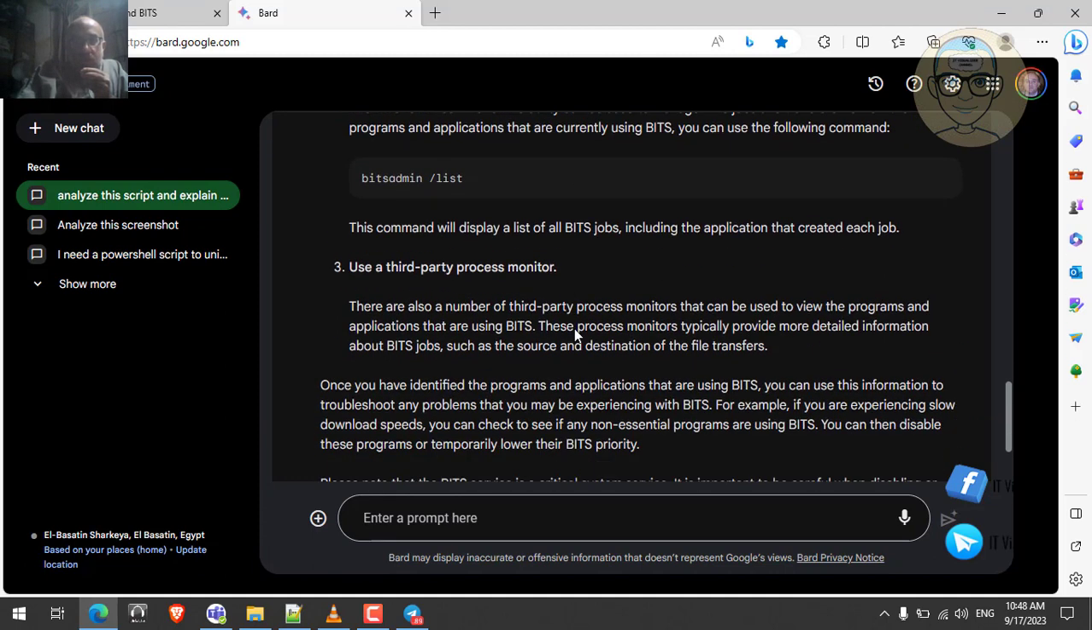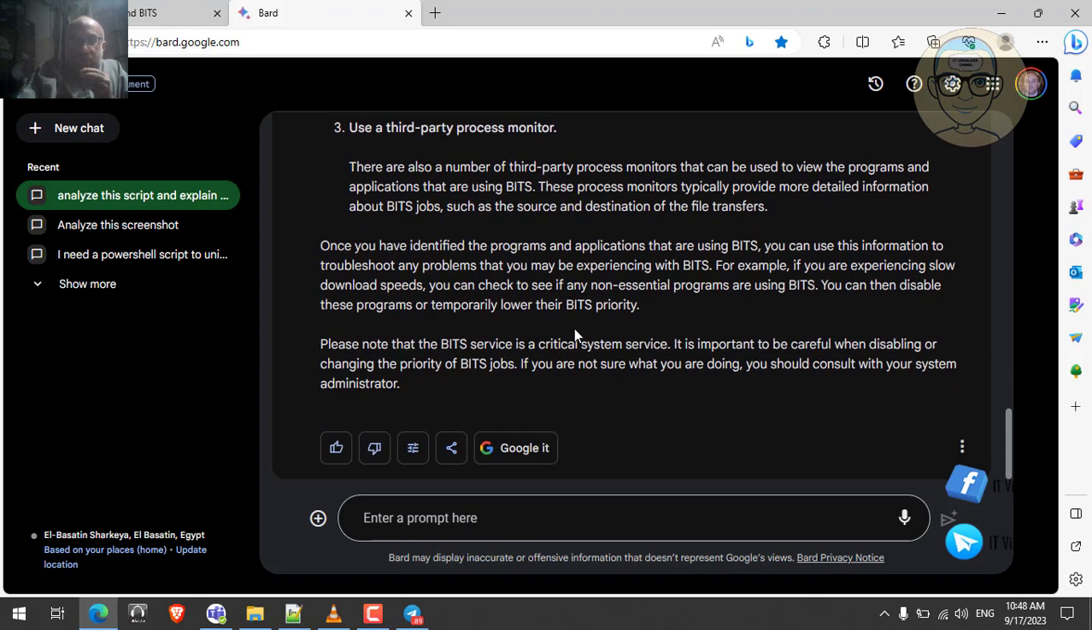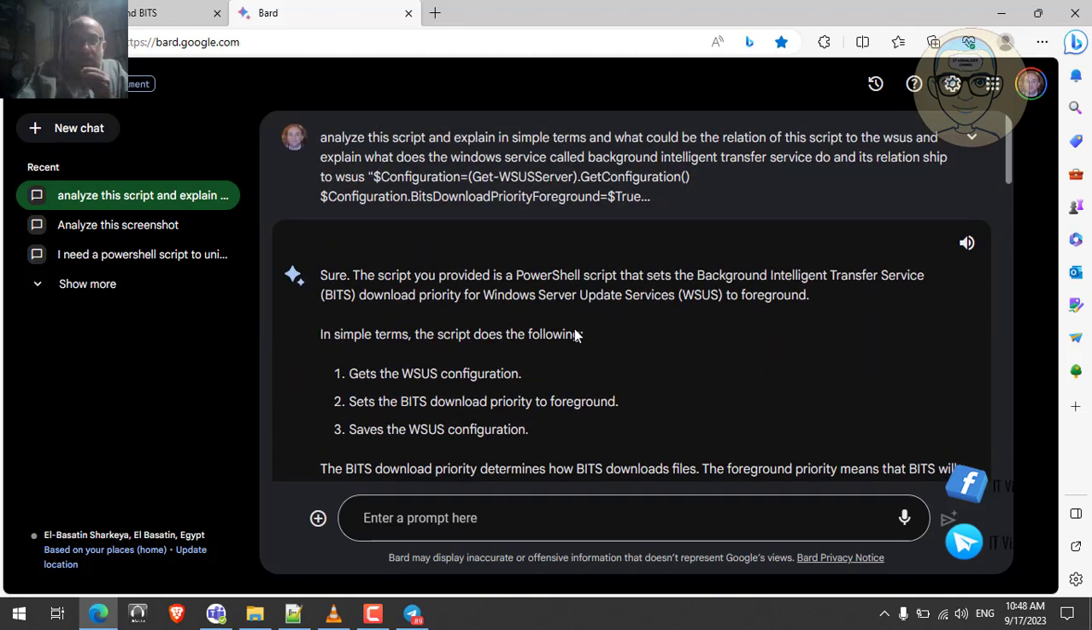Using a third-party monitoring tool, this is also suggested by Claude. So this is actually a good answer. It is not as detailed as Claude's, but it gives us another utility we can use to see which programs are using BITS as their download service. So this is a brief about the script and its relation